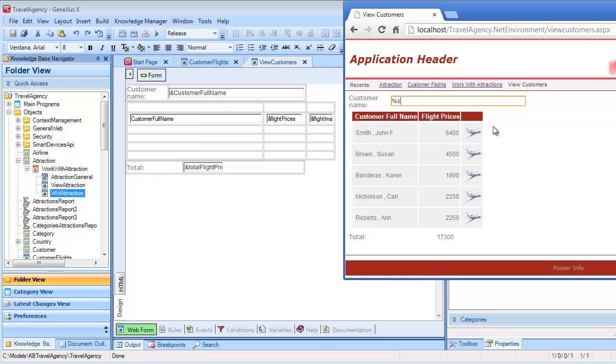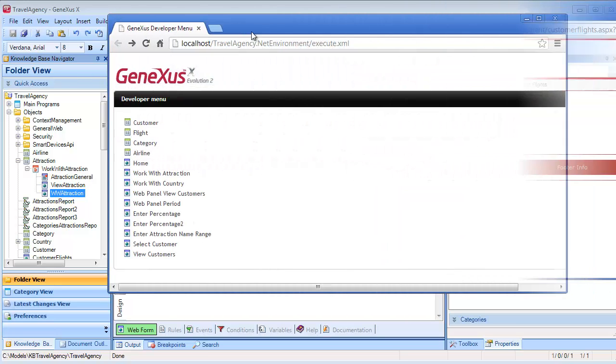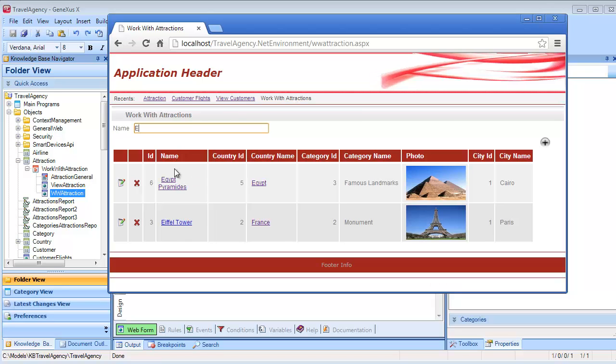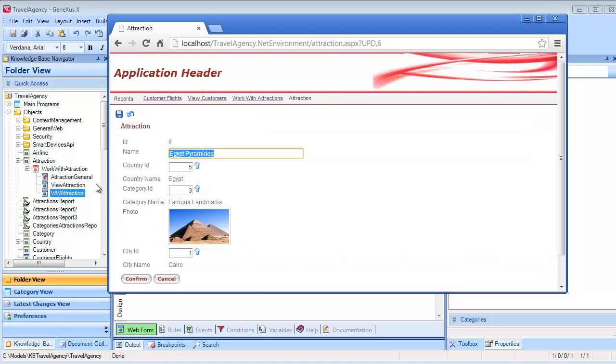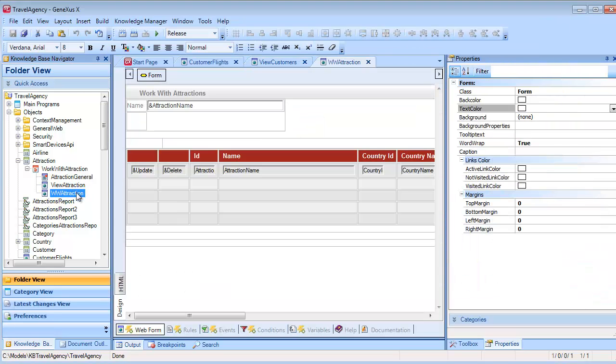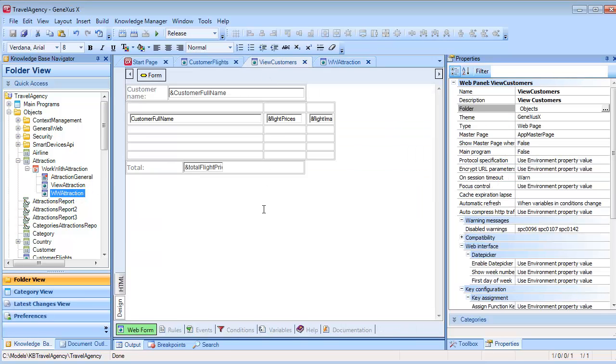Up until now, we've done manually what the work with pattern does automatically and comprehensively. Note that the pattern creates web panels that are very similar to the ones we've just created. So, why did we choose to study web panels and how to implement them manually? Because we'll need to be able to design web panels if we want to do things that can't actually be